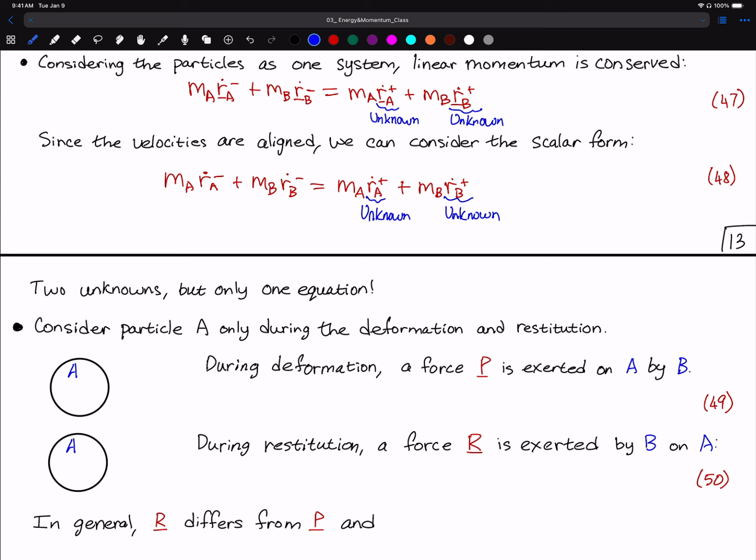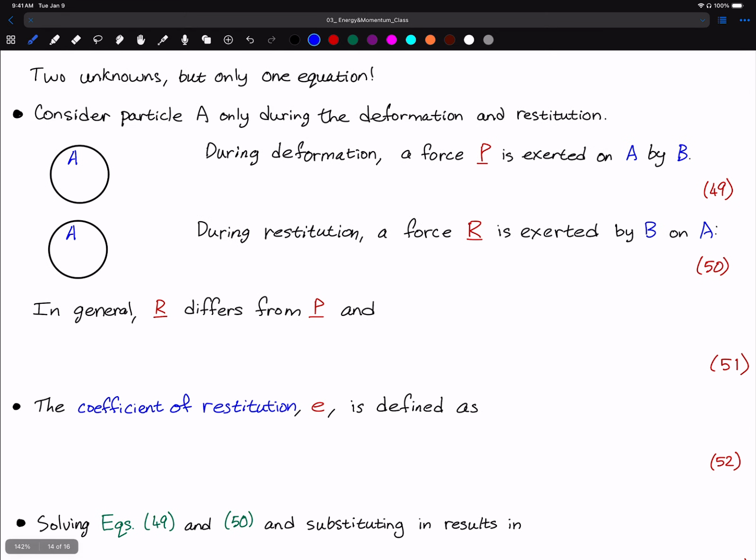So the thing is that we have two unknowns, but only one equation. In order to find another equation, we need to consider the deformation and the restoration that occurs during the impact. So if we consider only particle A during the deformation and the restitution, then we can find that during the deformation there's a force P that acts on the particle,